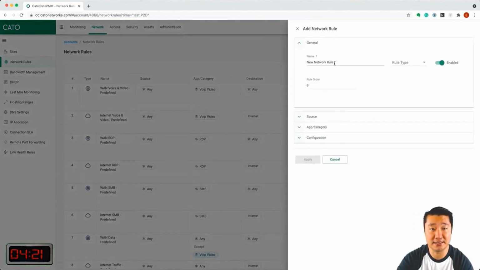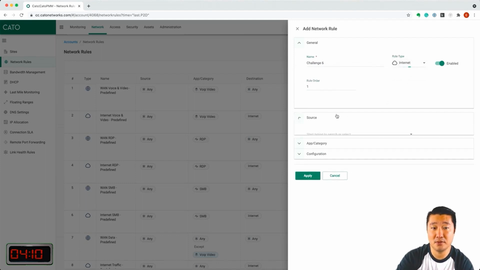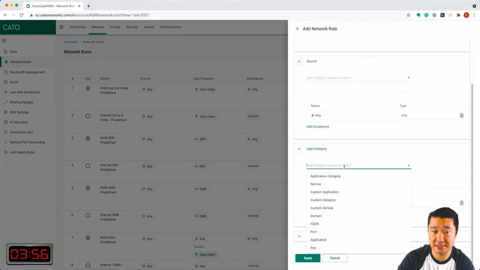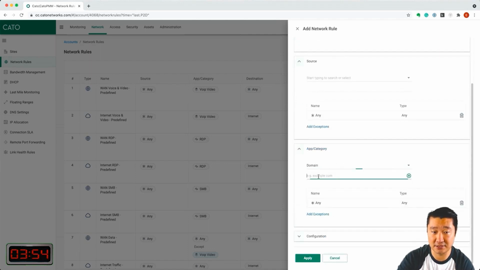We're going to put this number 1, and we're going to call this challenge 6. Can't believe we've made it this far. This is an internet rule. So for source, we'll leave this as any. So we want anything going to this specific destination to travel how we specify and egress from our dedicated IP address. So for app/category, I'm going to go ahead and change this to a domain, and it's going to be